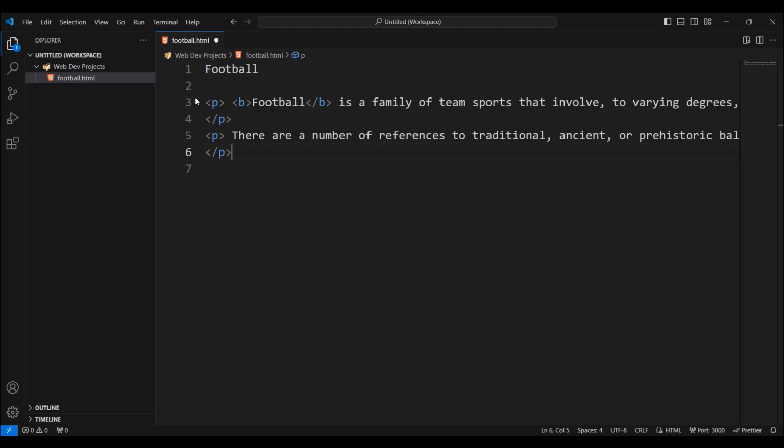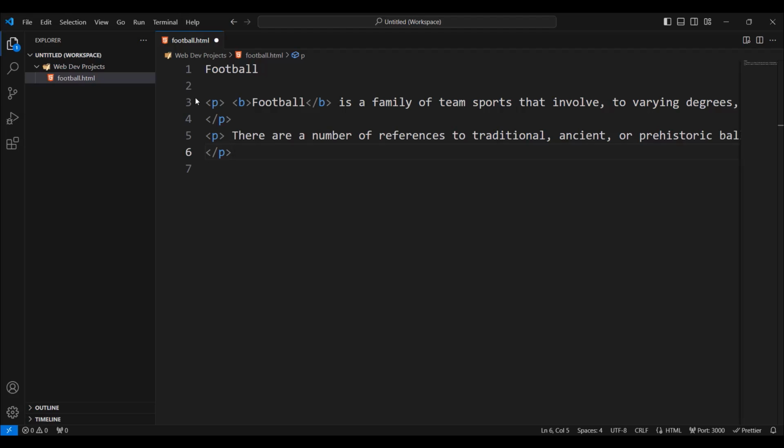So first we have the main title, which is the H1 heading, similar to the book's title on the cover page. Then we have chapter titles, H2 headings, like the title of individual chapters. Then we have section titles, which are H3 headings, which correspond to major sections within a chapter. And we also have subsection titles, or H4 to H6 headings, which represent smaller divisions within sections.